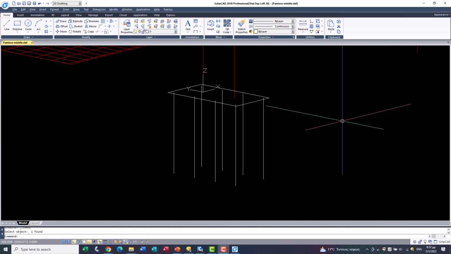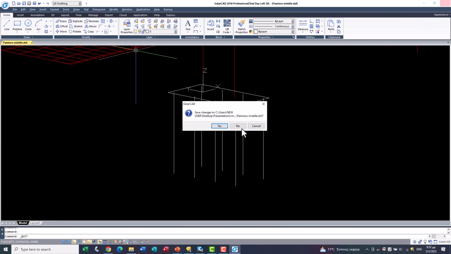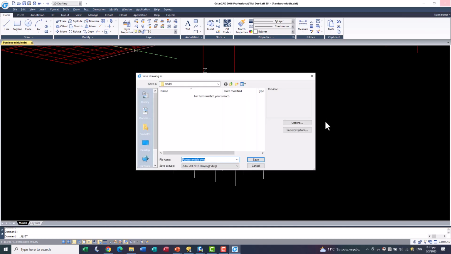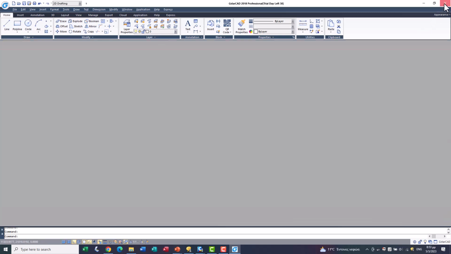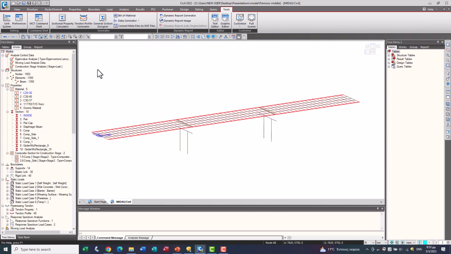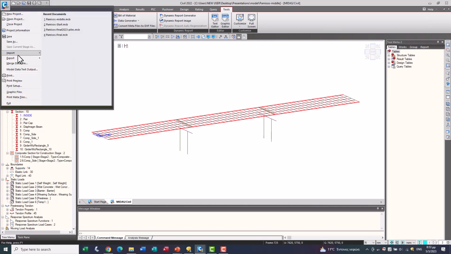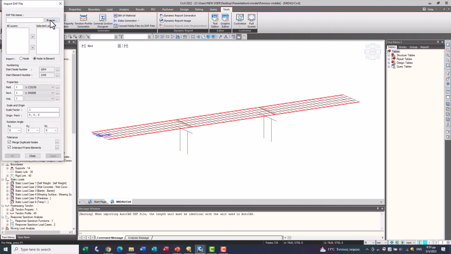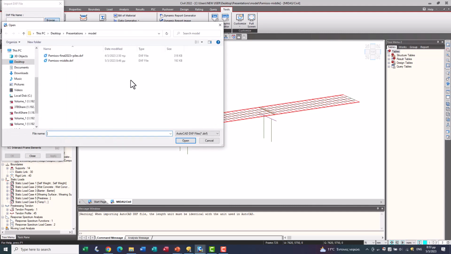Now let's import this in Midas Civil. We choose our file.